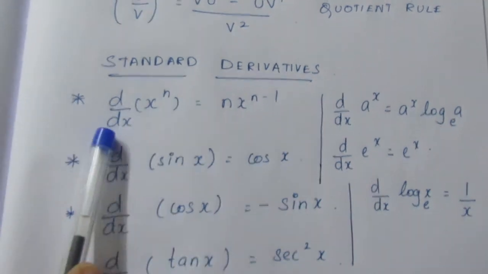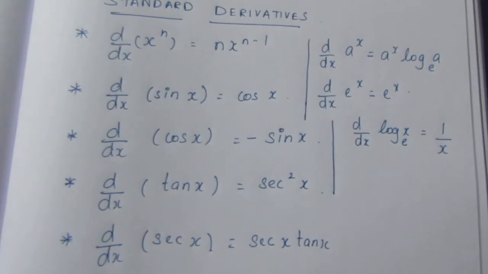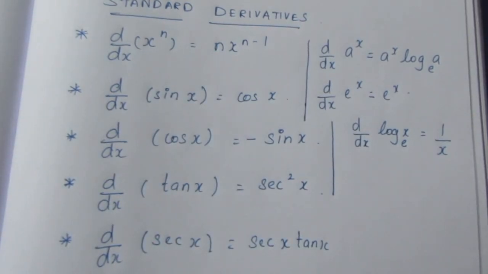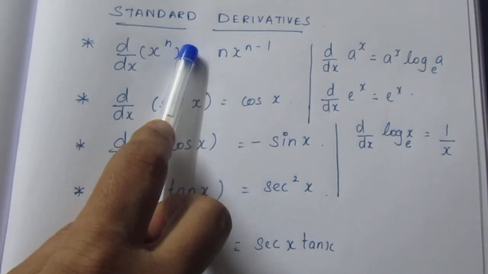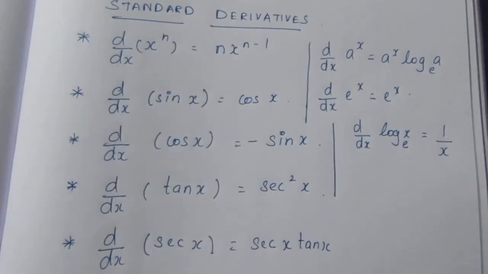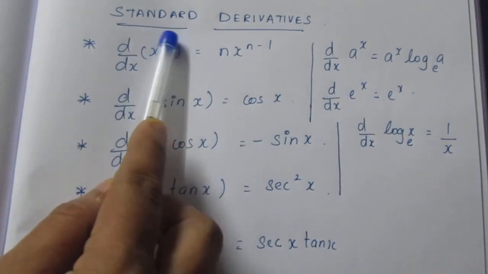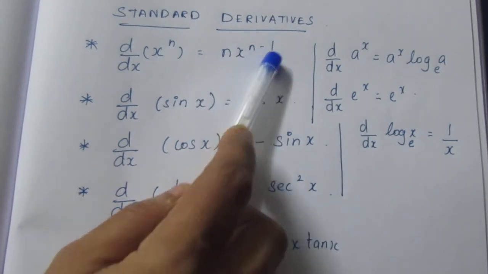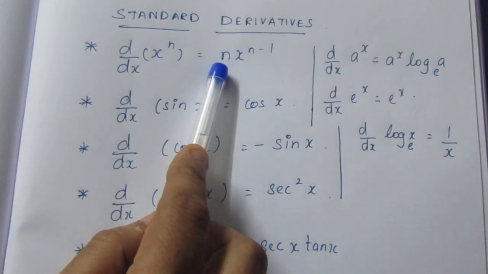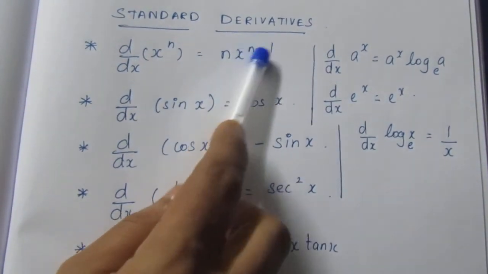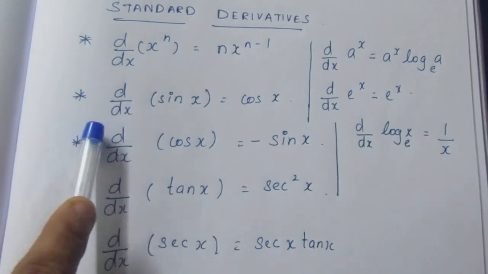The first form of the derivative is d by dx of x power n, the differentiation of x power n. This is very important. Anything to the power, for a variable, whichever variable you are going to differentiate, if there is a power for it, then it should be in the form of n x power n minus 1. That means you bring your power to the front and subtract one from the power. If it is x power 4, bring 4 to the front as a multiplier. So 4x power reducing one number, so it becomes 3. So remember that this formula is very important. Now we'll move on to the next one.